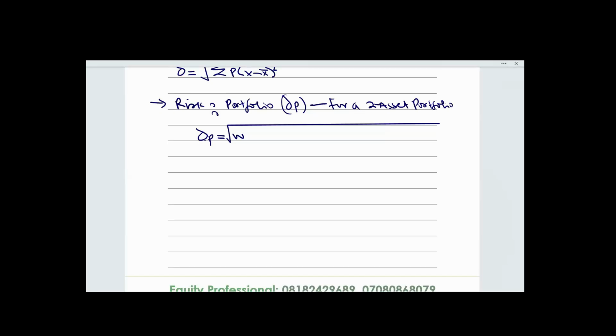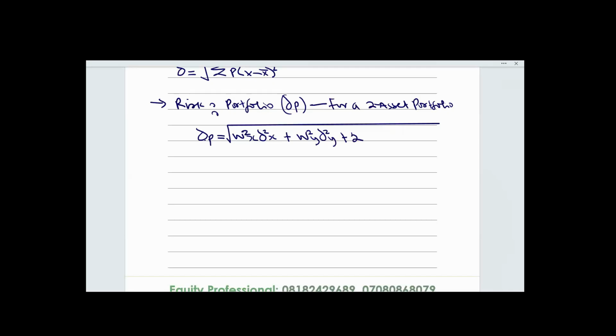Let's say we have securities X and Y. You take the proportion invested on security X, you square it, and multiply by the variance of security X. You keep it on one side, plus the proportion invested on security Y, squared, multiplied by the variance of security Y, plus